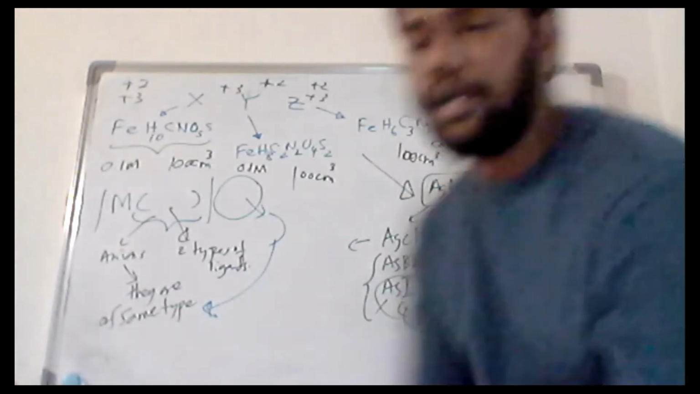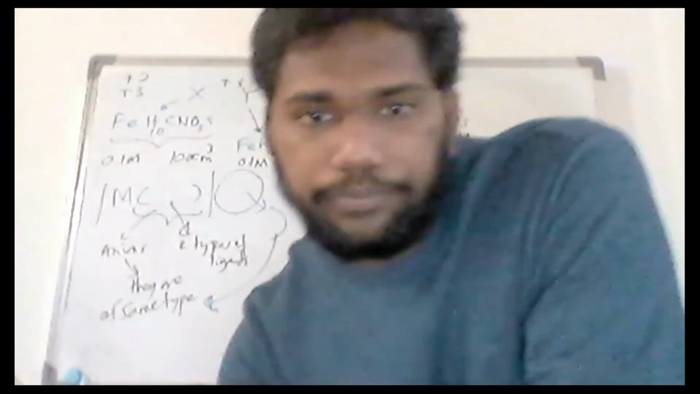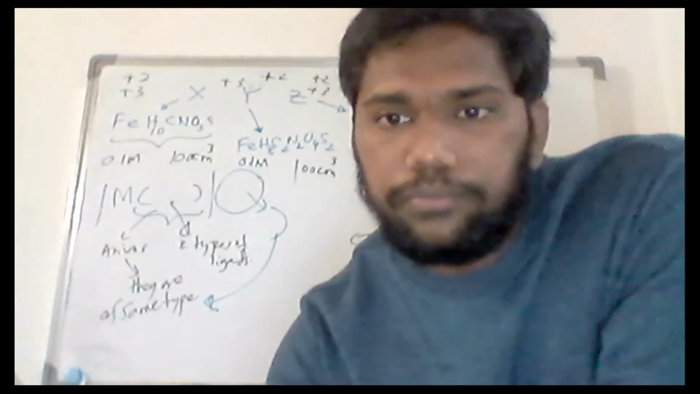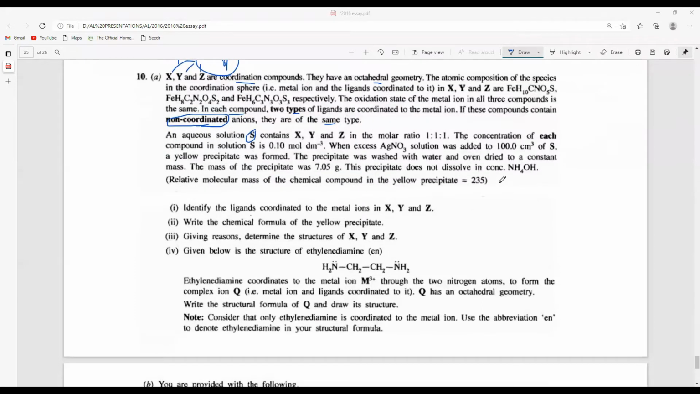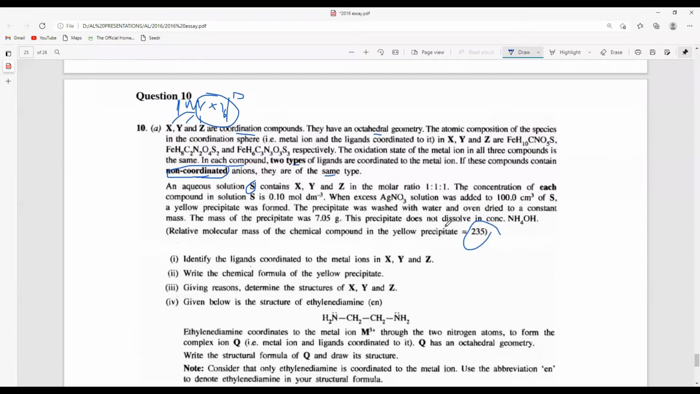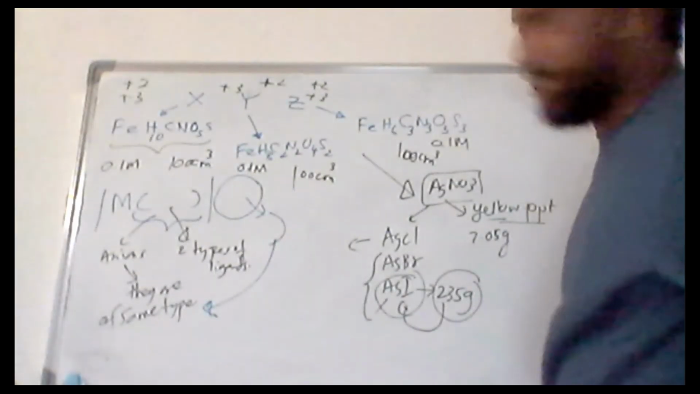Now let's go to the question. They have asked us to identify the ligands coordinated to metal ions X, Y, and Z. So we have to identify these ligands. We will do that first. So what you have to do first here,